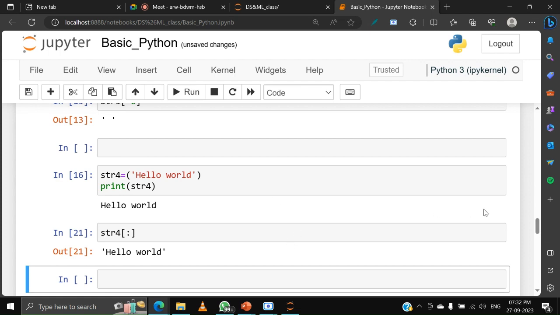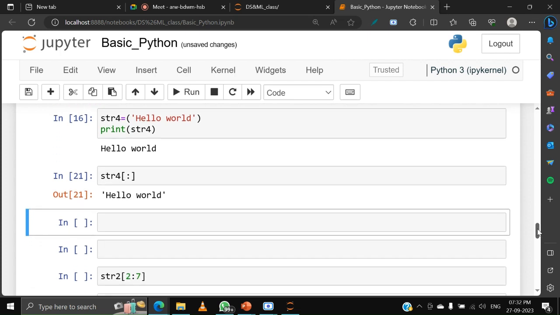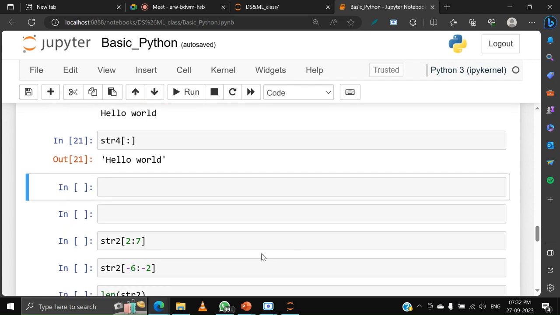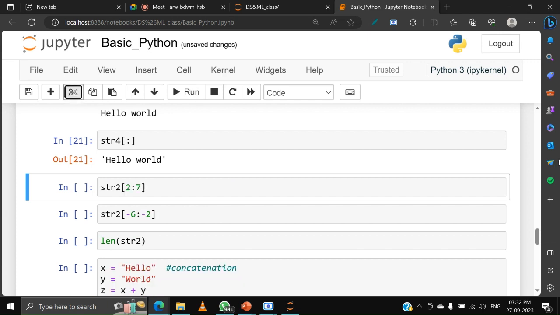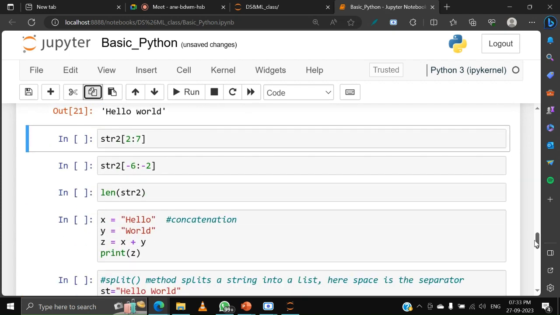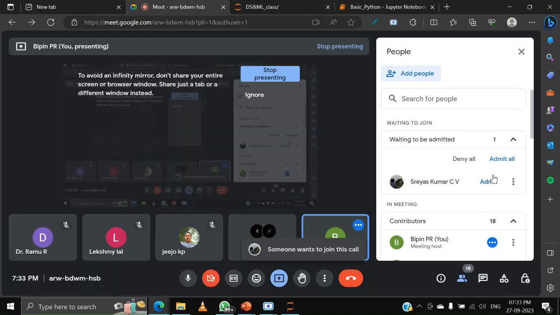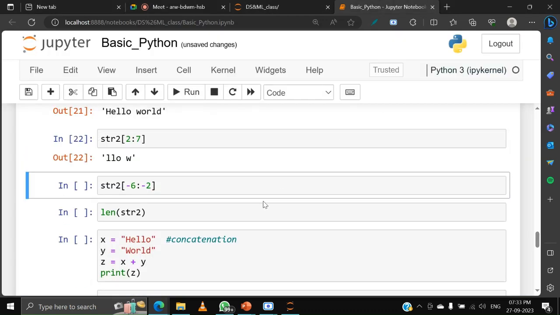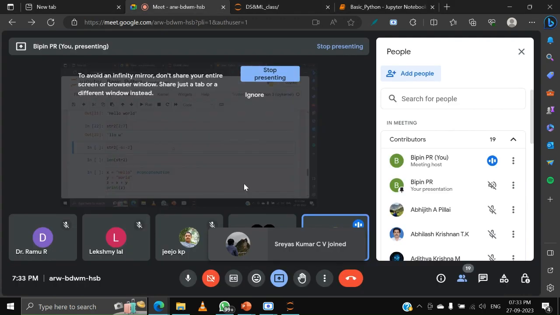Then you can play around with this. You can try one or two. You can change this 2 to 7 to some 1 to 7 or something like that. I think this is clear to you now. This much is enough, I think. Okay, so this is 2 to 7. Now, next thing is